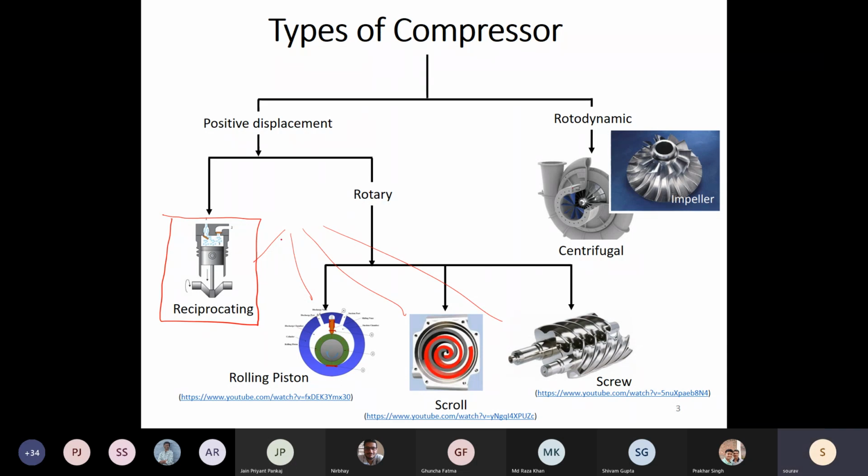But whatever we are going to discuss today in our reciprocating compressor class, you can broadly take it as the theory even for the rolling piston, scroll and screw type. It is only the fluid dynamics part which will vary. If I were to simulate the flow pattern inside a reciprocating compressor during the suction, then the compression and then the discharge phase, the entire fluid dynamics would be different from a rolling piston or a scroll or a screw type. Okay. And the rotodynamic compressors and turbines will be discussed in the next ATF class, that is